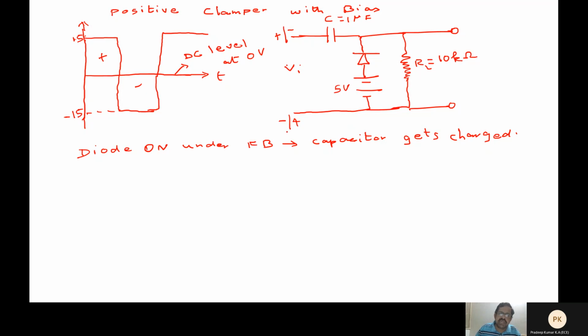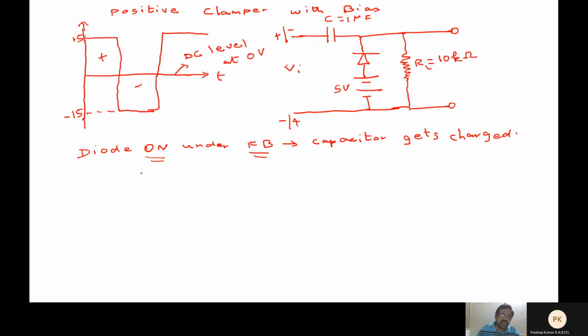Okay, so understand this very clearly. The capacitor can actually get charged during this phase too, but it is going to see it in an opposing polarity than when the diode is under reverse bias. But as I told you, the rate at which the input signal changes and the discharging time, those facts come into play. Therefore, the charging of the capacitor happens only when the diode is on under forward bias.